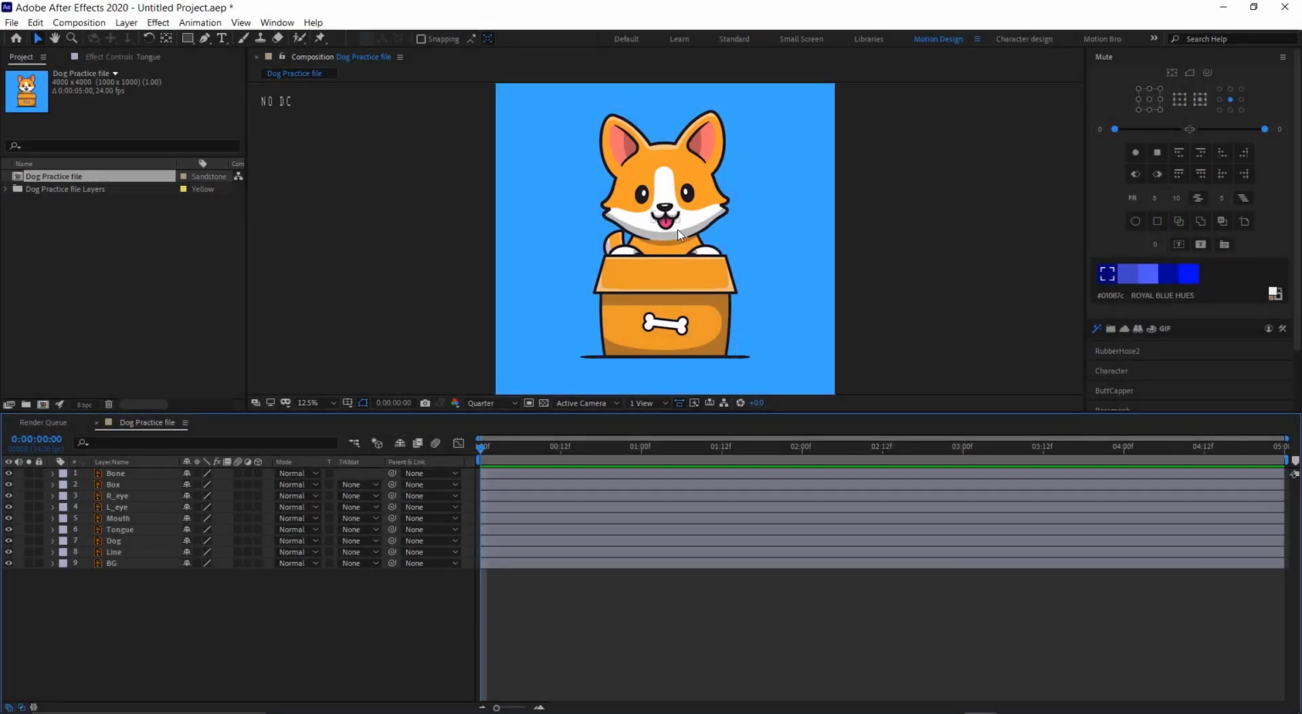Okay, we are inside of After Effects and we're gonna animate this dog. The way we're gonna animate this dog is that I'm gonna make this dog pop into the box, and after a few seconds it jumps out. So the first step I usually do is color label everything so I can distinguish the layers